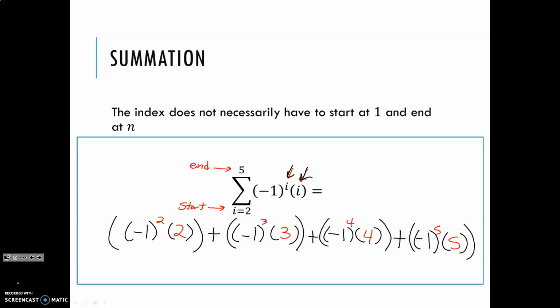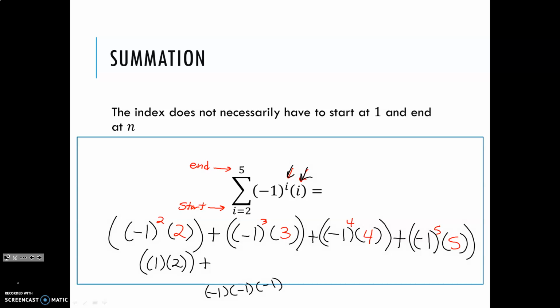Okay, now when I go about simplifying this, you guys are going to find a pattern. Everywhere that there is an even exponent, it is going to eliminate that negative sign with that -1. So -1 squared, well, that's just -1 times -1, which is a +1. So we end up with +1 times 2, plus, when I have an odd exponent, however, -1 times -1